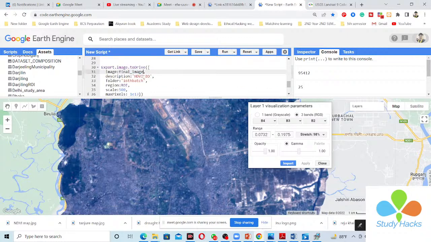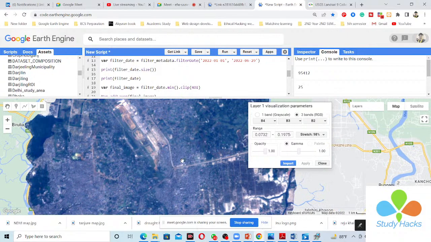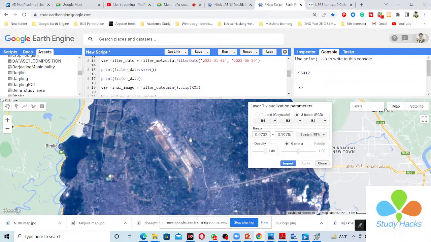and paste it here. You can use any description, so I can simply put the description, suppose, Dhaka Landsat. Okay, and the resolution is 30 meters for Landsat. Then click run, and then it will export. Okay, so this is the same way you can easily export all of the Landsat collection, and here you